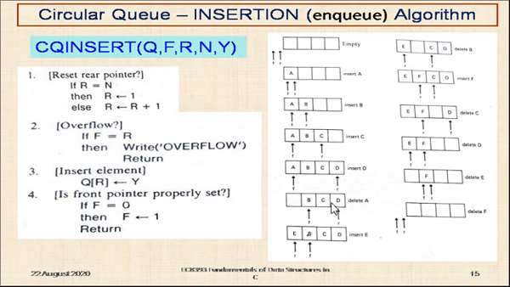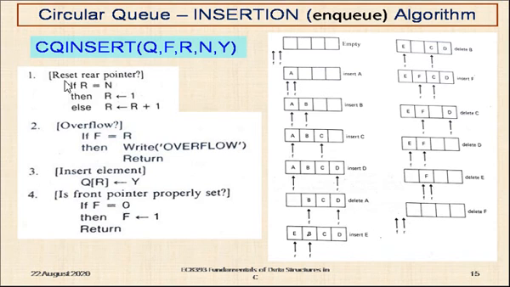Okay, take this one. So this is the condition of the queue when we are going to apply the circular queue insert algorithm. According to the linear queue insert algorithm, it will check the status of the rear pointer only. If the rear pointer is pointing to the last location, that is the nth location of the queue, it will simply say queue overflow, even though there is space available to insert the elements. Is it not? We have seen already. But now this problem is overcome in the circular queue algorithm.